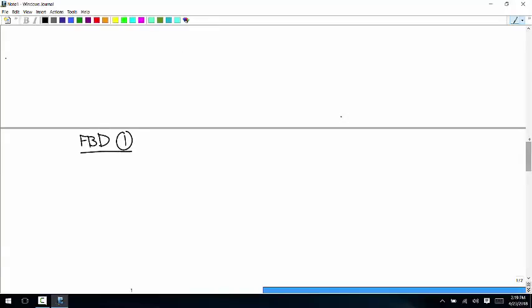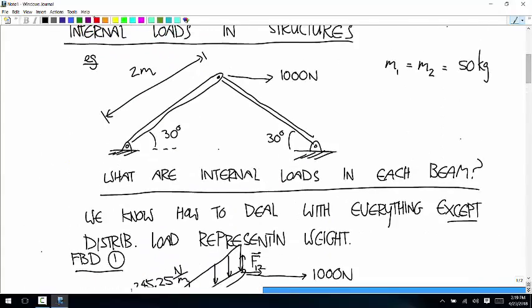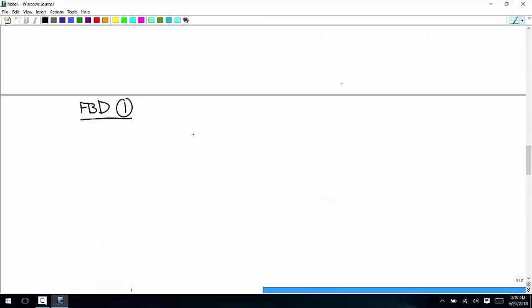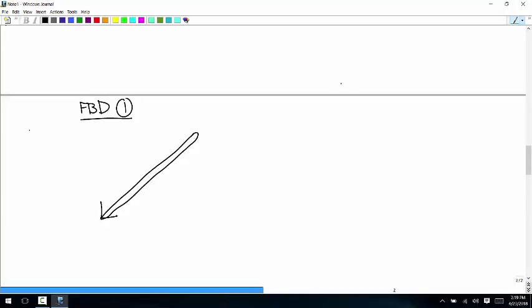So I'm going to call this one body 1, this is body 2, and these joints are A, B, C. And so on body 1, we have this force vector RA, a force vector F12, a horizontal force of 1,000 newtons,